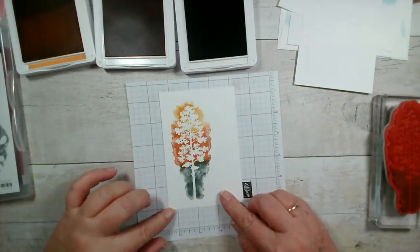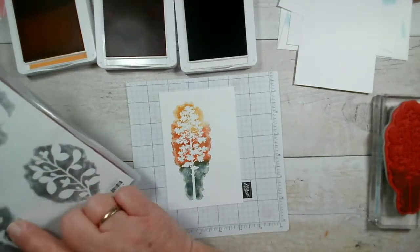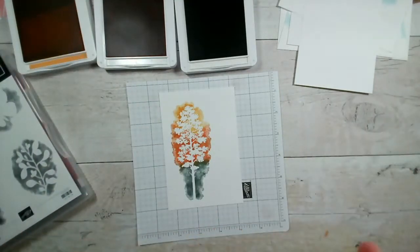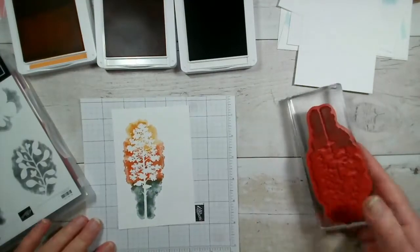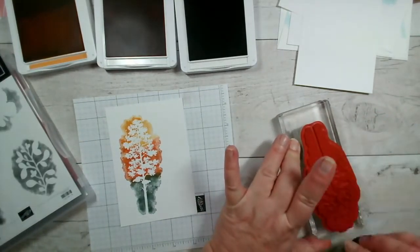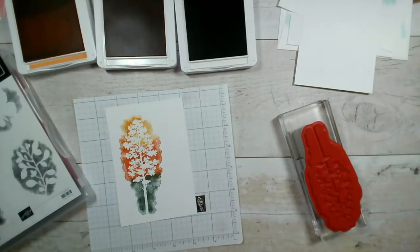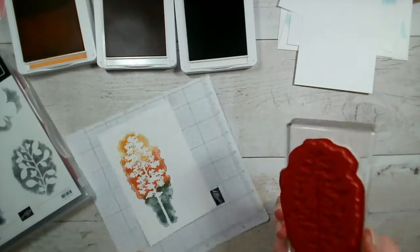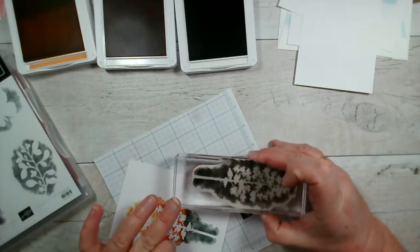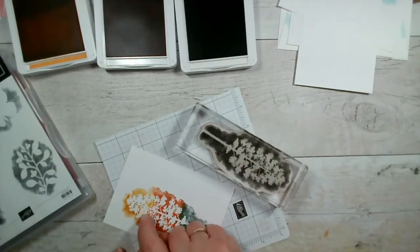Now I'm just going to use, actually I could use this edge as well. So I use the edge of the butterfly, but this edge would work, I think, around the edge. So let's try that. I'm going to clear this off. And I use that little bit there. I reckon I could go around the edge, so I'm going to use this, I think,